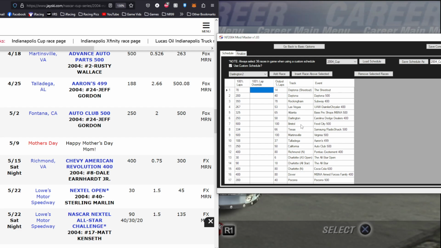But something like the shootout, for example, that's pretty short at 14 laps. So I'm going to force that to be... Now this number, whatever I type here, will override the 100% laps. So I'll force that to be 100, and you can see that recalcs to 20. So now my shootout is 20 laps. The All-Star Open, 6 laps is stupidly short. So let's... I mean, that still feels short to me. Yeah, we'll do 20 laps for the Open and